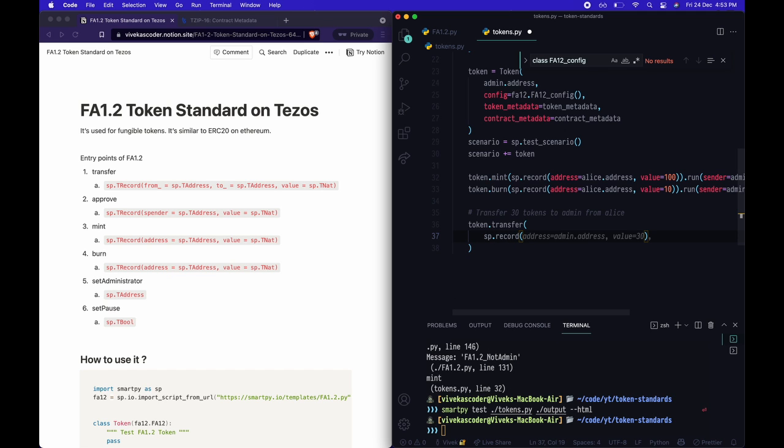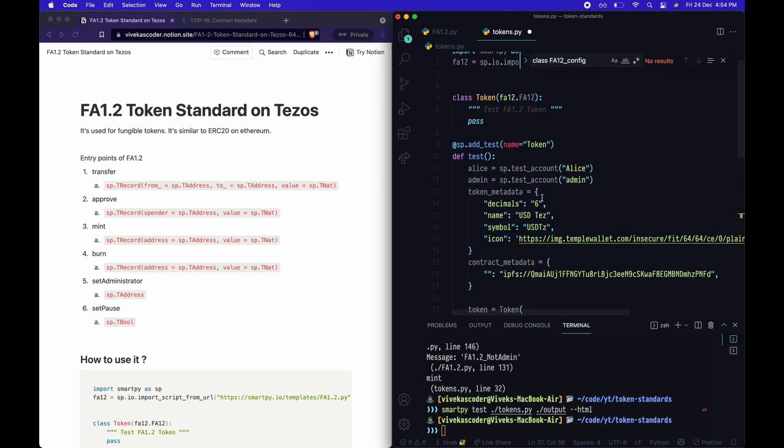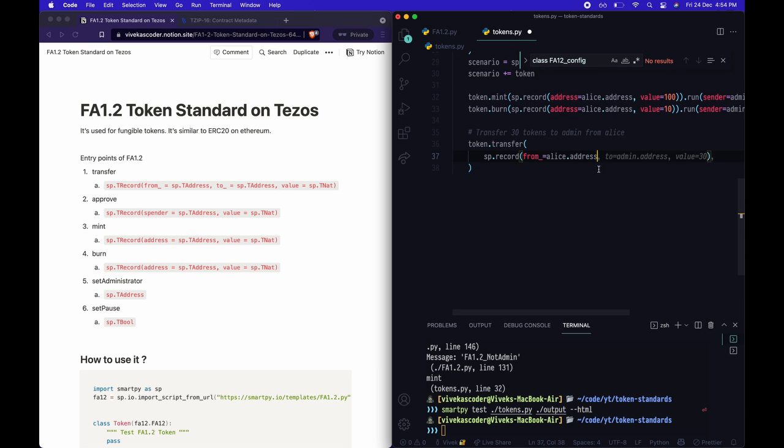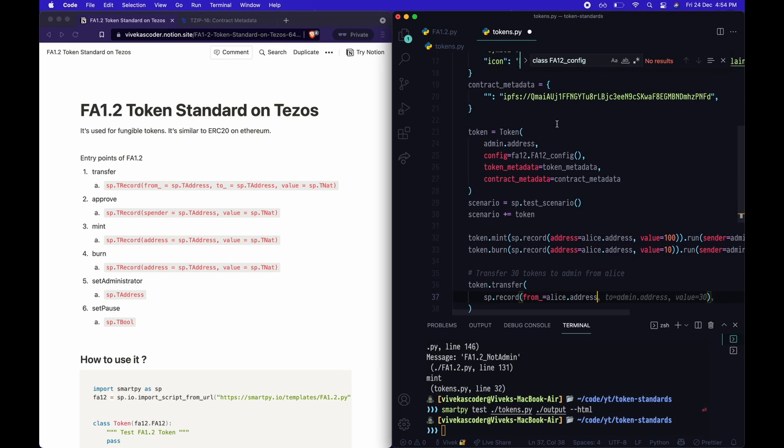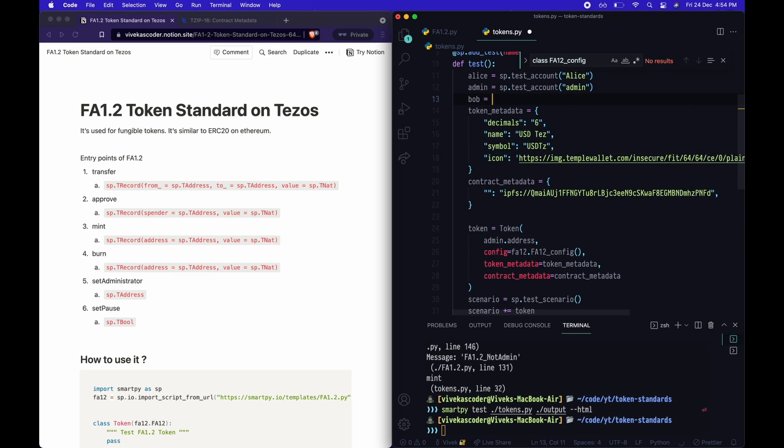So we'll do record, and here we'll provide the address, from. So from is Alice dot address, and make sure to use address because you're using a test account. So in order to access the actual address, you need to use dot address. But if it was, let's say, bob is equal to sp dot address, if you are trying to do something like this, you can directly use